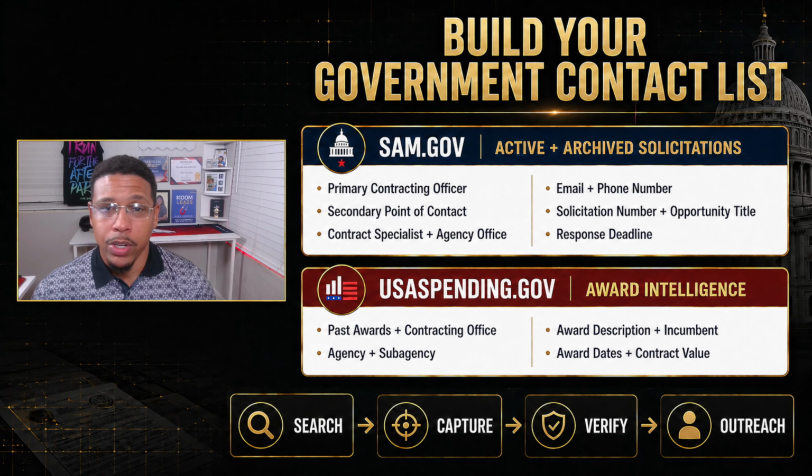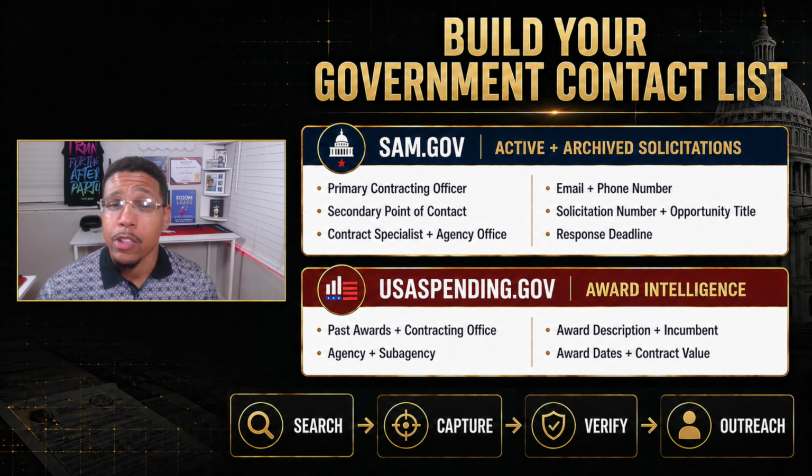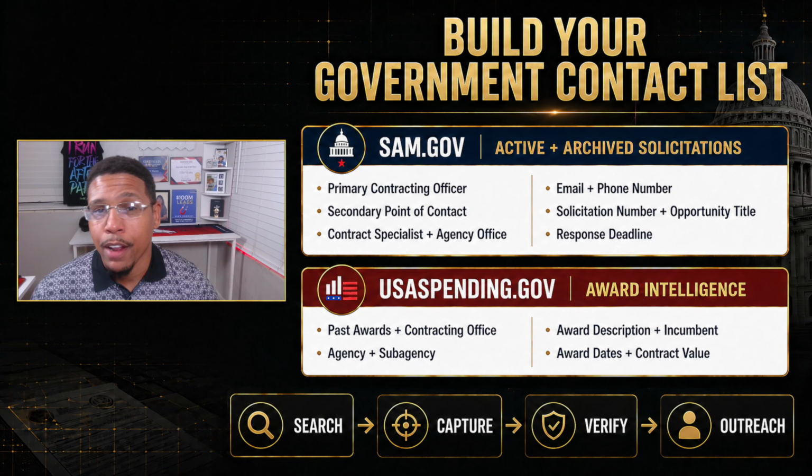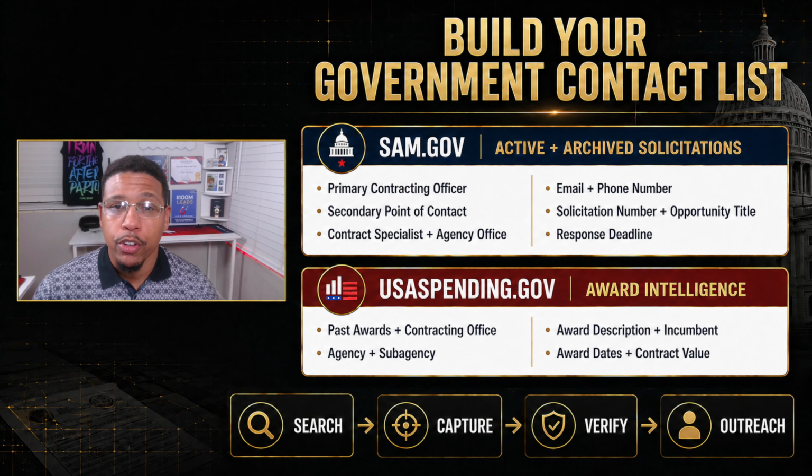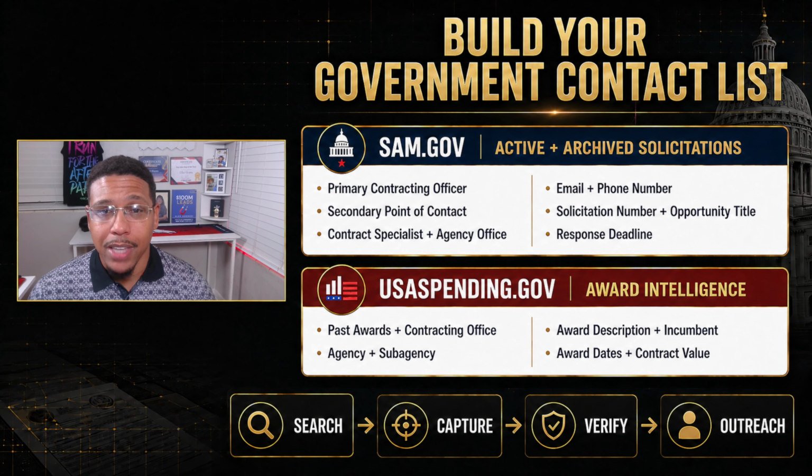So the first thing we need to look at are the types of contracts. In this case, we're essentially going to have two different types of contracts. We're going to have active opportunities, and then we're going to have non-active opportunities. Both are going to give us all the contact information that we need on the contracts. So we just need to identify what contracts we want to go after. And when we find them, let's save them and set them to the side so that way we can pull